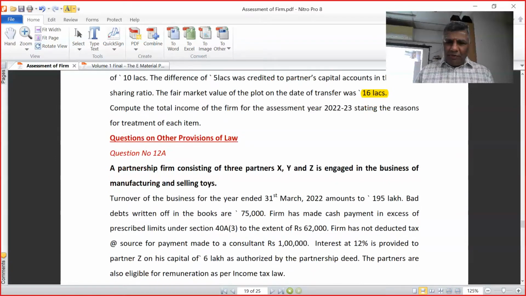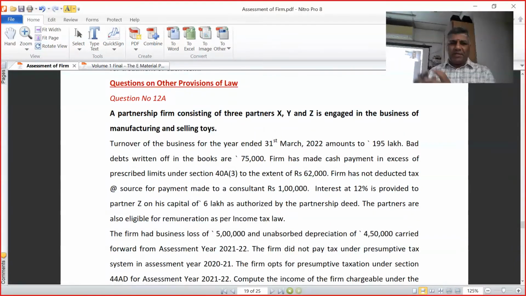Let's look at the firm from the other perspective. A partnership firm consisting of 3 partners is engaged in the business of manufacturing and selling toys. Turnover of the business amounted to 1 crore 95 lakhs, bad debts written off 75,000, cash payment made 62,000, firm did not deduct tax 1 lakh, interest at 12% to partner Z on his capital of 6 lakhs